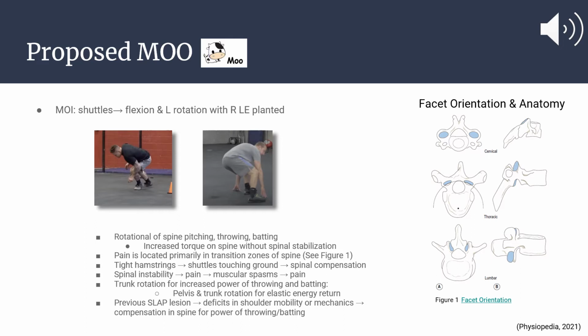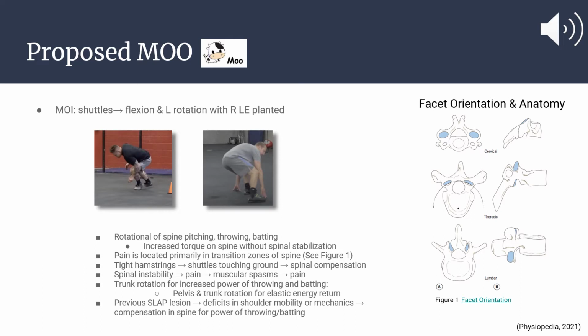The next bullet point there is the possibility of tight hamstrings. So if you look at those pictures, of course the knees are a little flexed, but still if you have significant hamstring tightness, you can have increased spinal compensation. So you have to reach down and touch the ground. So you have the spinal flexion there, and then obviously the compensation there. If you look at the next bullet point, we have spinal instability that can cause pain, and the pain can cause muscular spasms in order for the body to protect itself, and that can generate more pain,